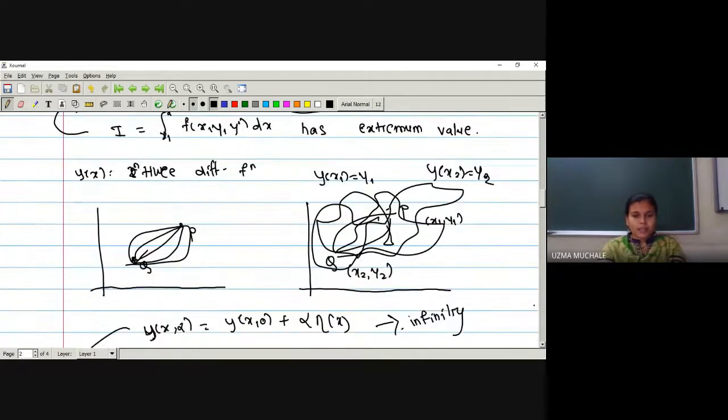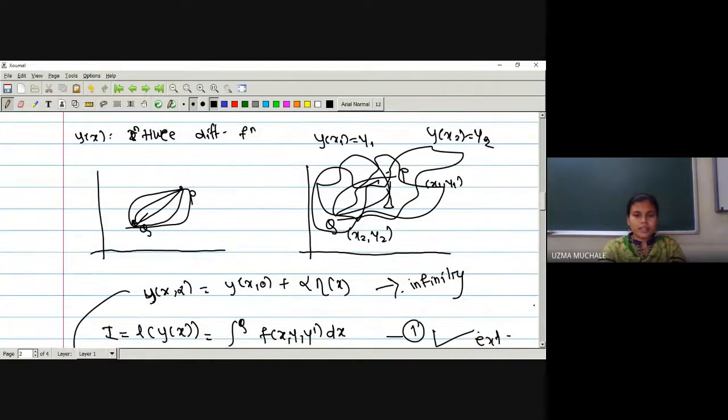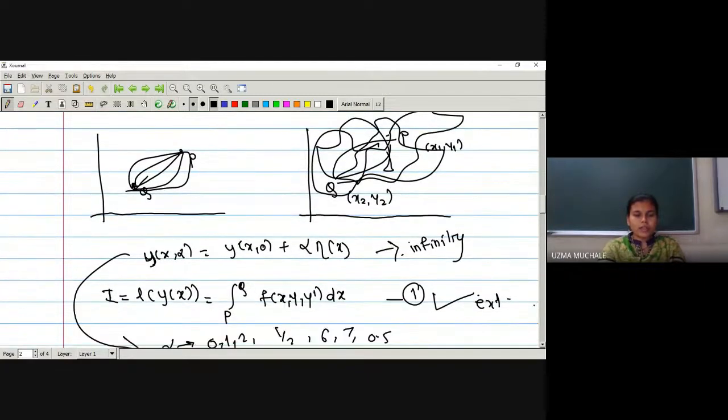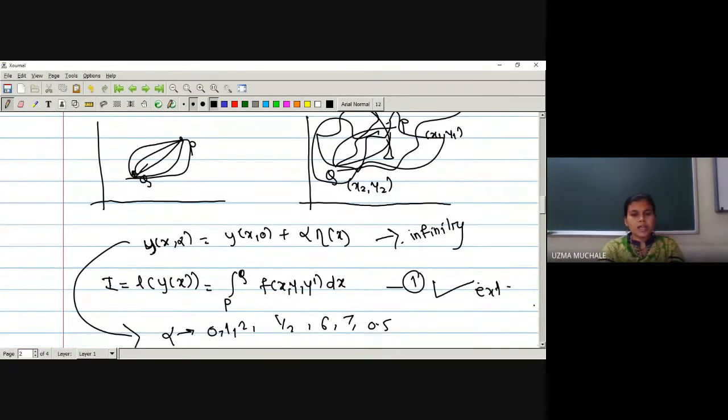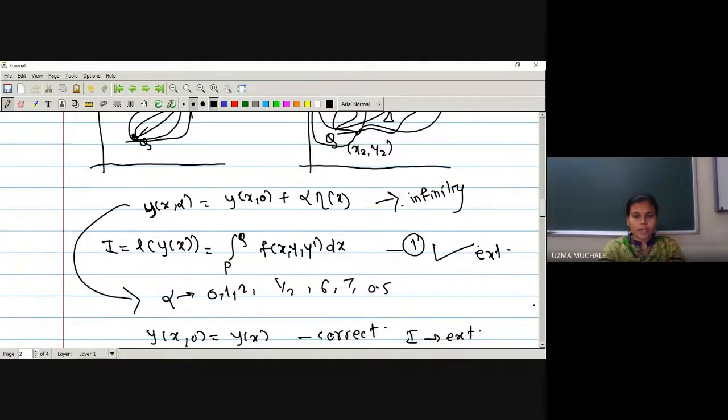What is given to us? This integration value, for points P and Q. There are 2 points P and Q in the plane. The shortest distance between point P and Q in the plane is a straight line. So out of all those paths from P to Q, there are infinitely many paths. Out of all those paths, we have selected a path which is a straight line, which is a minimum path.